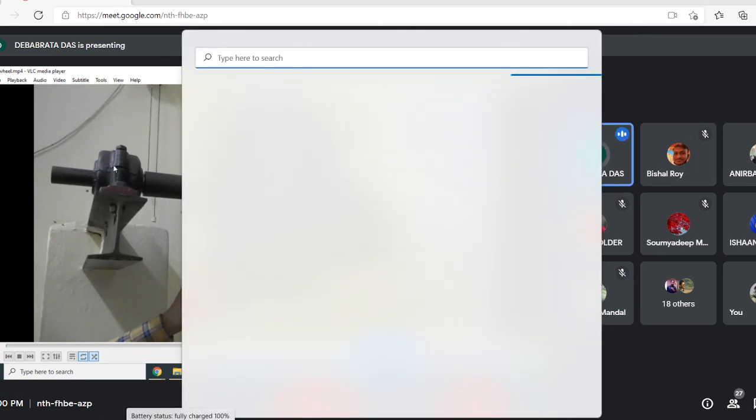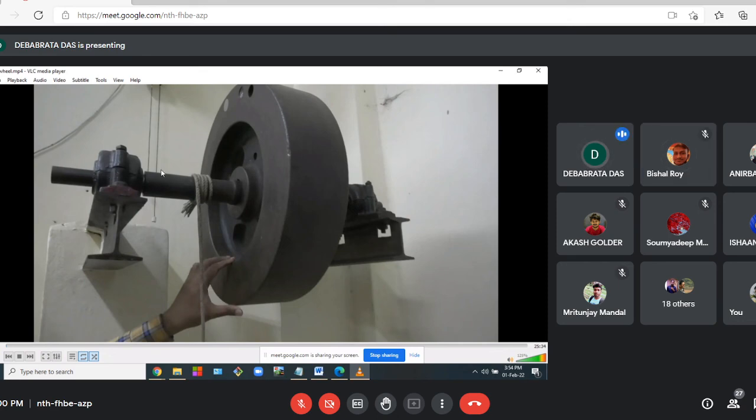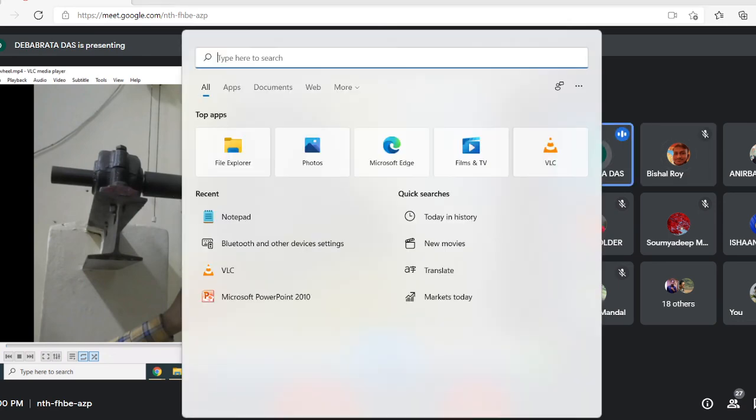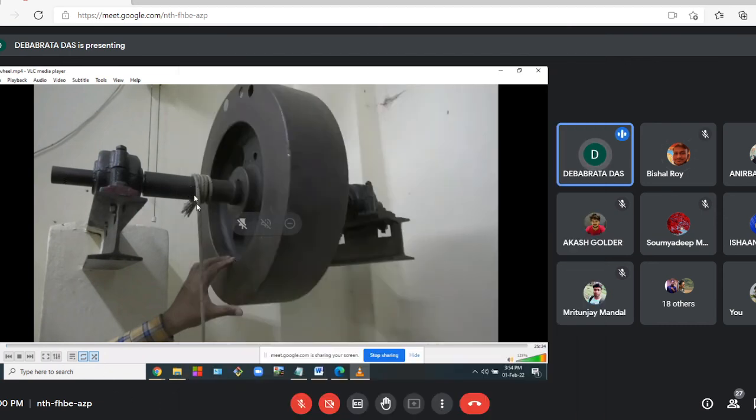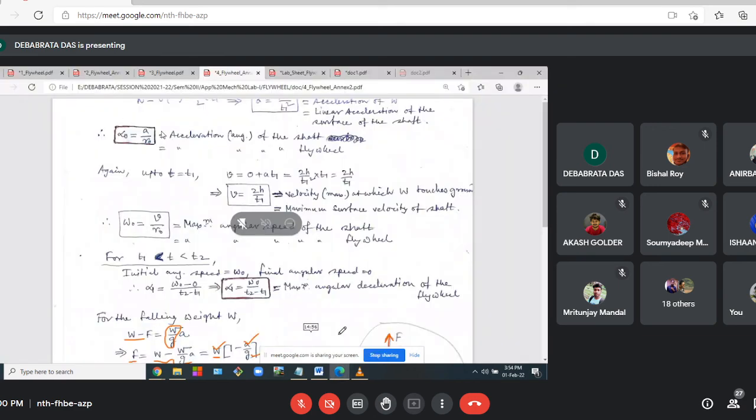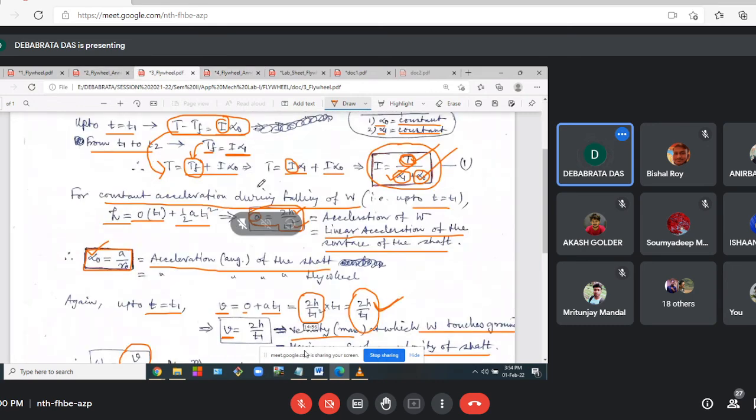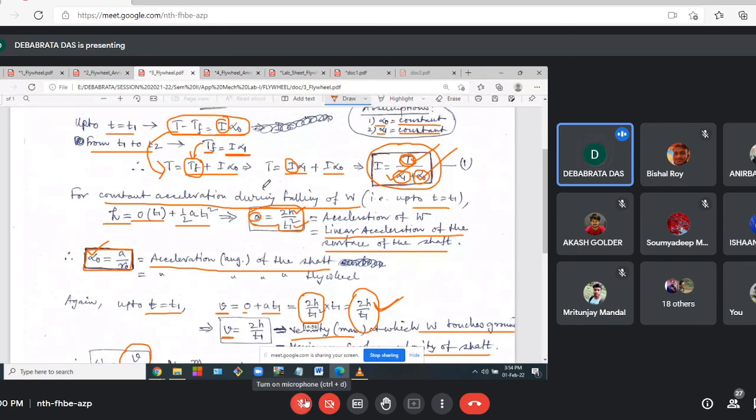Now these bearings are basically available in standard sizes. This diameter is different than this one, but we will consider this diameter 2 inch. Definitely this is not 2 inch, but you can easily understand. The diameter is 2 inch, so the radius is 25.4 millimeters. I hope you have understood this.